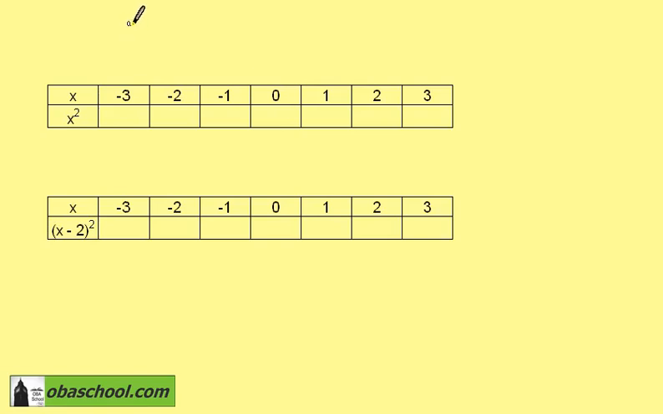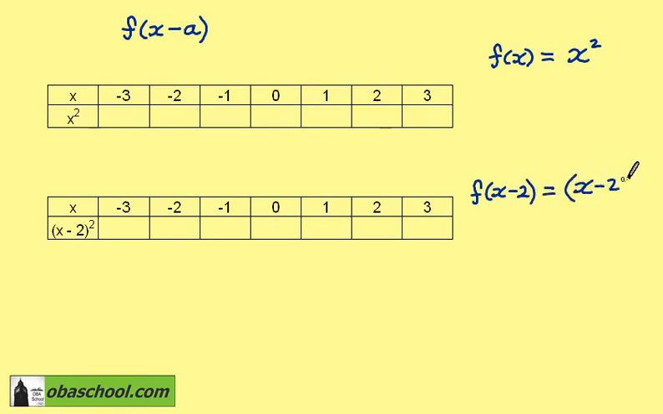Here we're going to look at another type of transformation, the transformation f of x minus a. The function we're going to use is x squared, so f of x is x squared, and we're going to look at x minus 2 squared, so our transformed function is f of x minus 2, which is x minus 2 all squared. Note here x, and it's the x that's squared, and here x minus 2, so it's the x minus 2